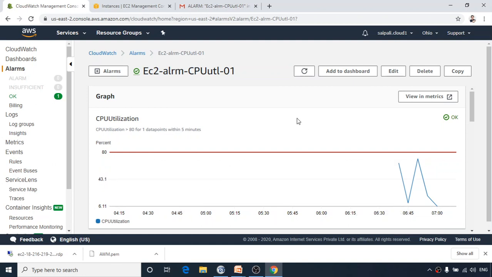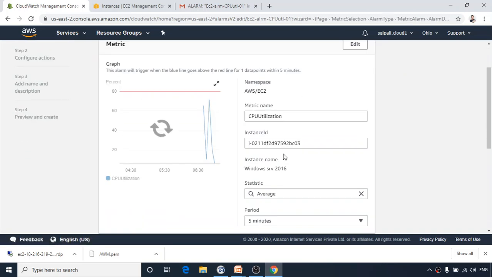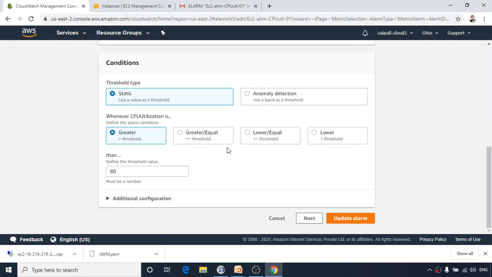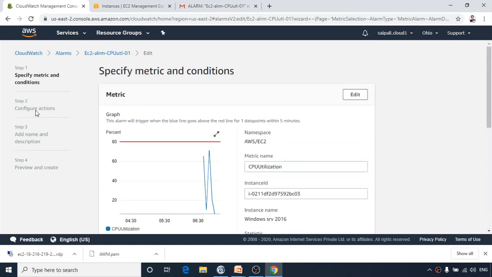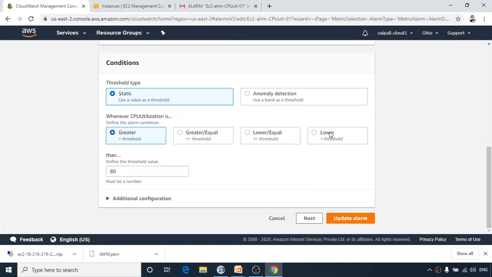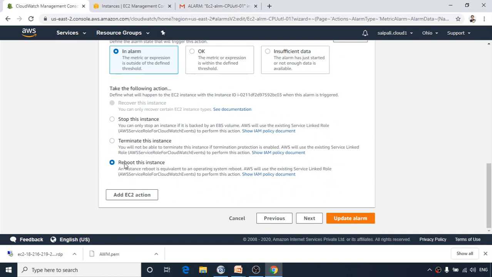If you want to make some other changes, you may go to edit again. From here I can only edit the details related to the metric. If you want to configure the action, you can go to next. Maybe rather than reboot this time, I want to say stop this instance, so I can say update.